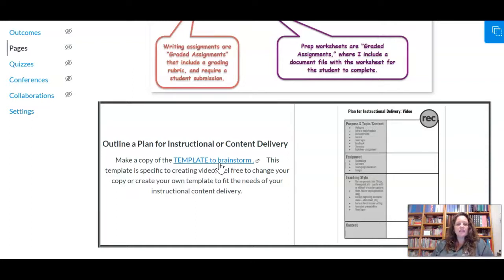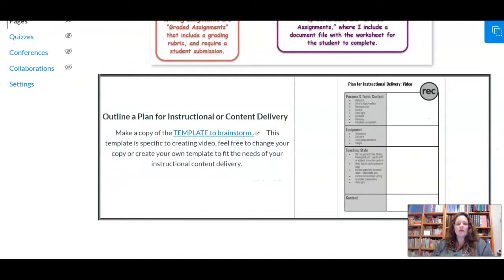So if you click on this, it will give you a copy of that brainstorming page. Maybe you want to create some videos of your own. Just some things to think about or consider